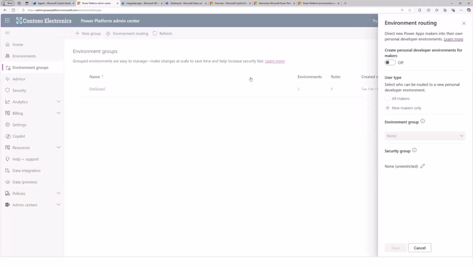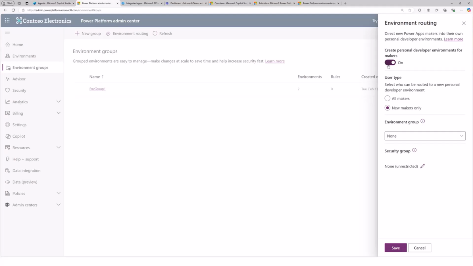If you click on environment routing, what it allows you to do is, for any maker that comes to Power Platform for creating apps, flows, agents, including Copilot Studio, you can assign them a personal developer environment. What it will do is, when I sign in, I will have my own personal environment, so I'm not sharing any of those things.